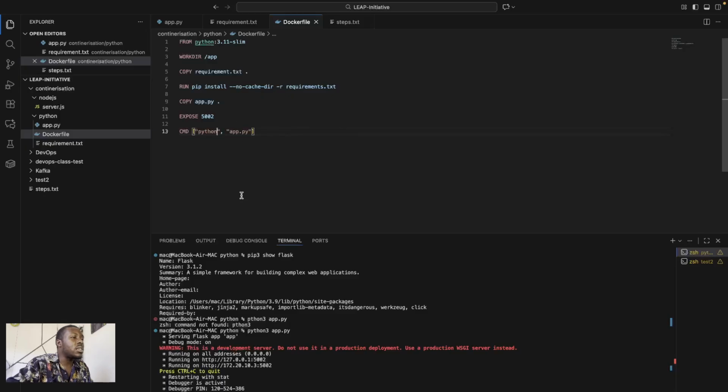But in this container, we just have the Python that can be called by the normal word python. So this is python app.py. Recognize the syntax, take note of the syntax. This is how you will write it when you're writing anything with this CMD. This CMD command expects this syntax.